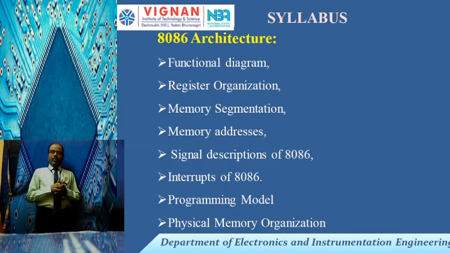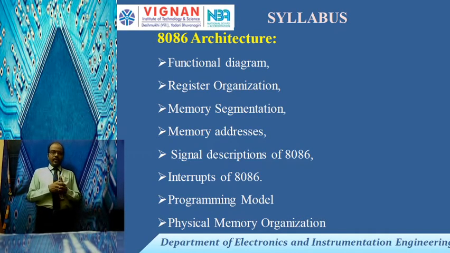The 8086 microprocessor operates in two modes, minimum mode and maximum mode. Out of all these 40 pins, they are categorized into three different signals. 32 signals have common functions in both minimum and maximum mode, and 8 pins have separate functions in minimum mode and separate functions in maximum mode. Up till the last class we have discussed these topics.